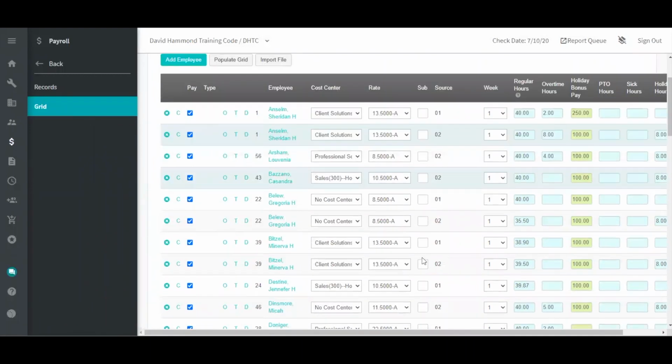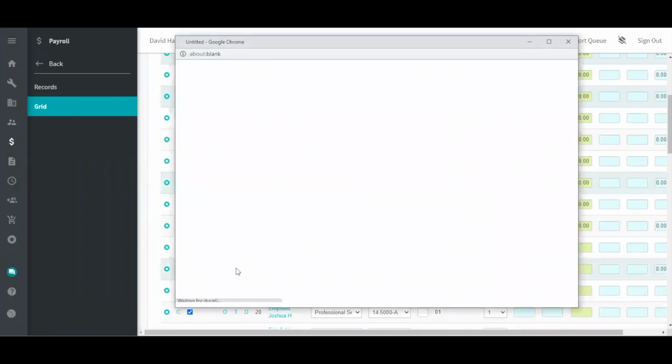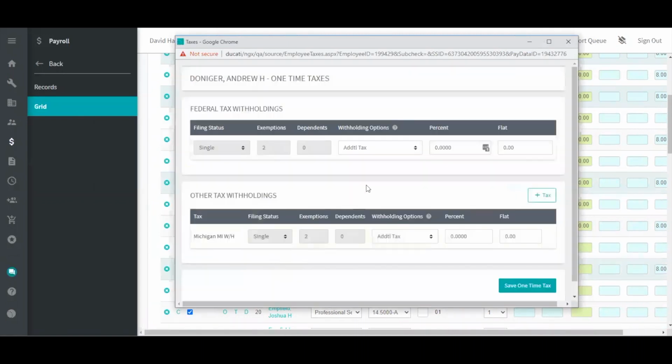The next override is the T. T is for tax override. Use this button to make any one-time tax changes for an employee in this payroll. This will bring in the employee's withholding information that's on file. Click the withholding options to make any one-time changes. Common changes here might be an additional amount